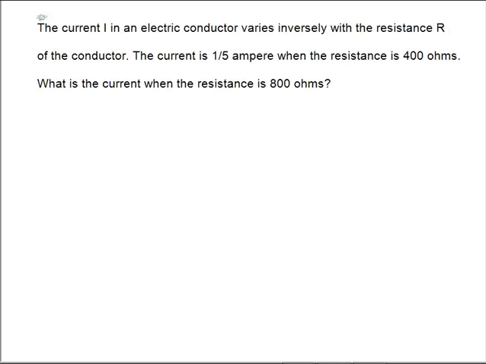So similar to last time, we're going to set up a relationship of the current times the resistance. On one hand, we're given a current of 1/5 of an ampere versus a resistance of 400. And on the other hand, we're given an unknown current versus a particular resistance of 800. So now if we do the algebra, 1/5 of 400 would be 80. So 80 is equal to